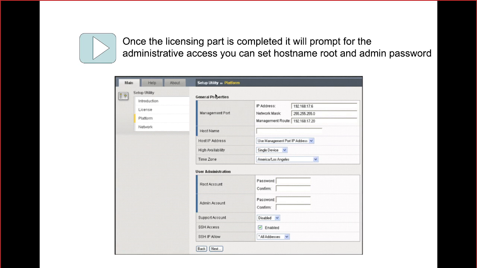Now, this is going to be the setup utility. It is asking us to configure the platform properties, and if you would like to take control of anything, you can do that. The host name is a mandatory configuration. You remember this one? I hope you're remembering that. What is the meaning of this highlighting? For the highlighted portion, the information is mandatory. Without filling in that information, you will not be able to proceed to the next level, right? It's a mandatory set of information.